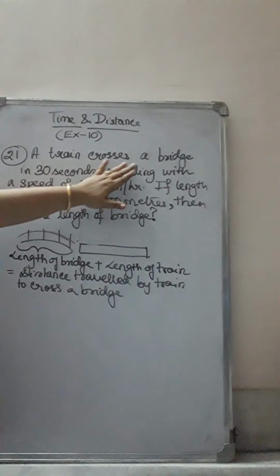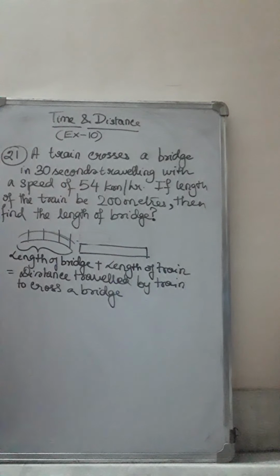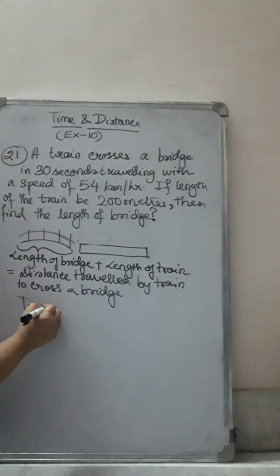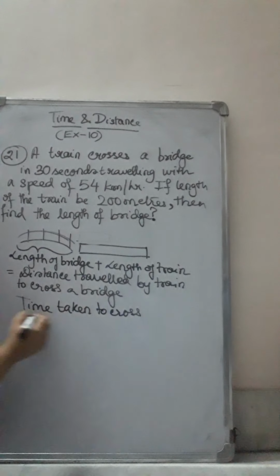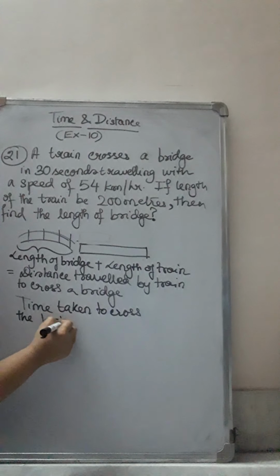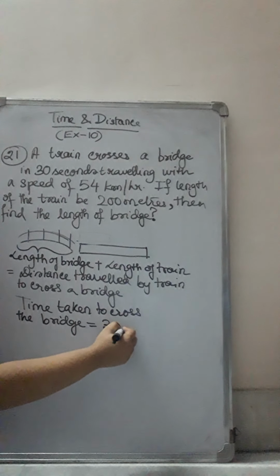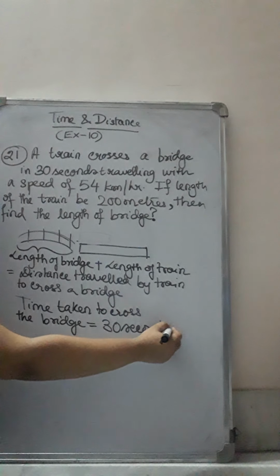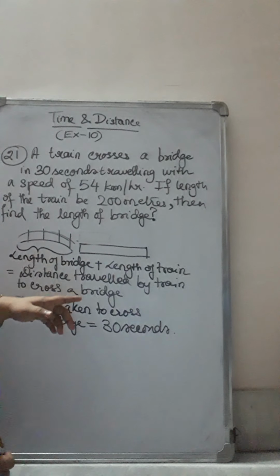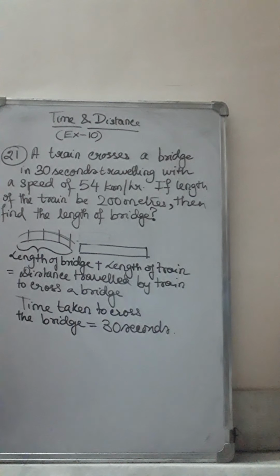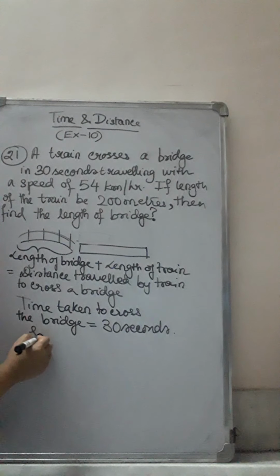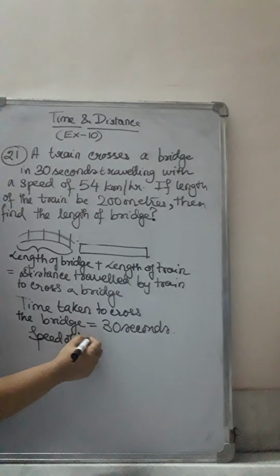A train crosses a bridge in 30 seconds. So the time taken to cross the bridge is provided, 30 seconds. The train travels with high speed, and in total 30 seconds it takes to cross the bridge entirely and cover its own length. Then the speed is also given. The train is moving with a certain speed. The speed of the train is given